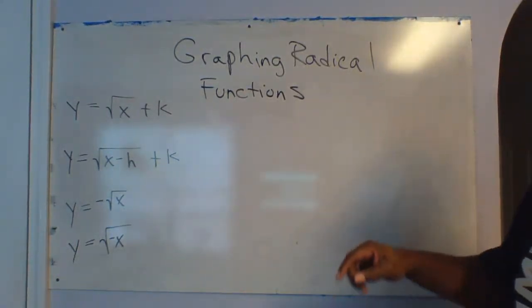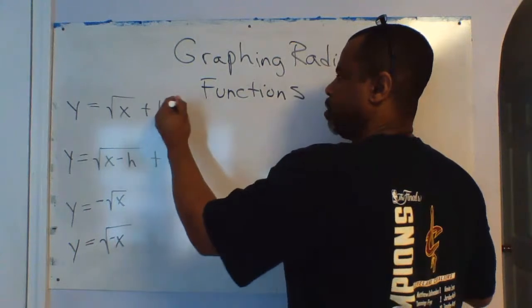So what you want to do here, this k, whatever is outside the radical, so this is going